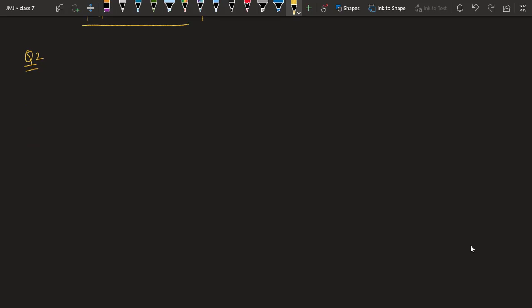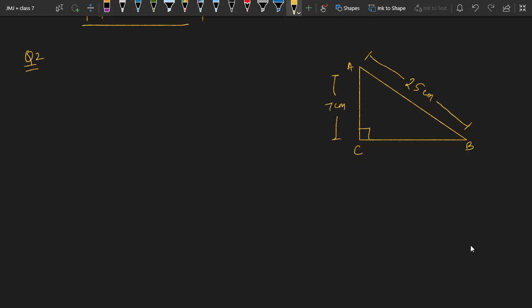Now question number 2. ABC is a triangle right angled at C. This time again we have to draw a right angle triangle like this, keeping in mind that right angle is fixed. They have told us we have to take C as right angle. That means you can take other two as AB any side, wherever you want. Now if AB is 25, that means this time they have given you the hypotenuse. If AB is 25 centimeter, AC is 7 centimeter, find BC.